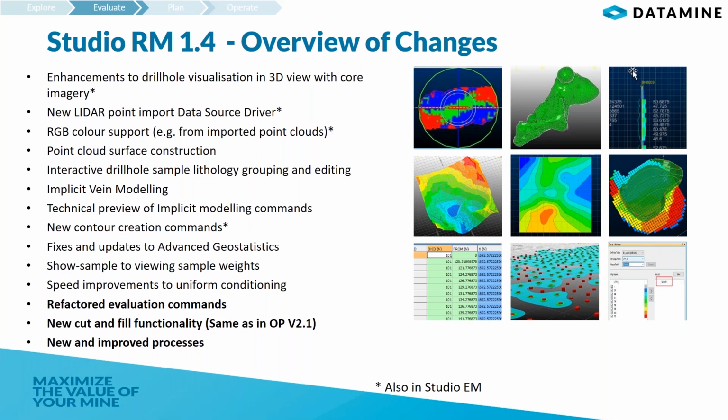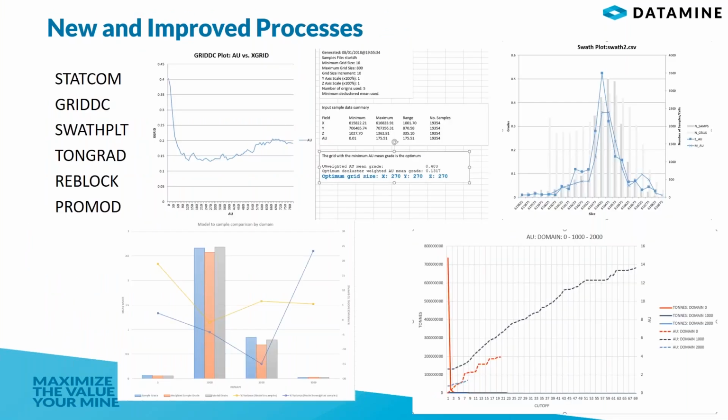We've also added in a couple of new and improved processes. So let me quickly run through those. The StatCom process is actually stats comparison. It's a validation tool for when you're doing your estimates, and it compares a drill hole file to a sample file by domain. And it produces an output inside Excel, which looks at your mean grade, your declustered grade,